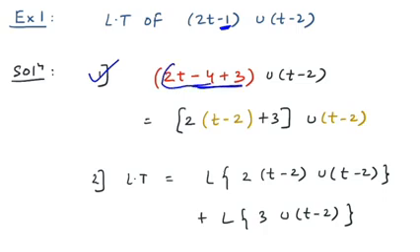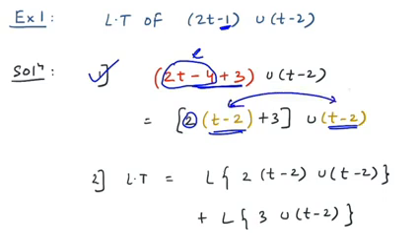Now why am I doing that? Because now if I club the two terms, because the variable is present in this part, I can take 2 outside and then the bracket would be t minus 2, which is the position I needed because my step function is shifted at t minus 2, correct? So now you can see that yes, everything is in terms of t minus a. Now you can use the Heaviside shifting property and get the answer quickly. But before going to the answer, there is one more point.